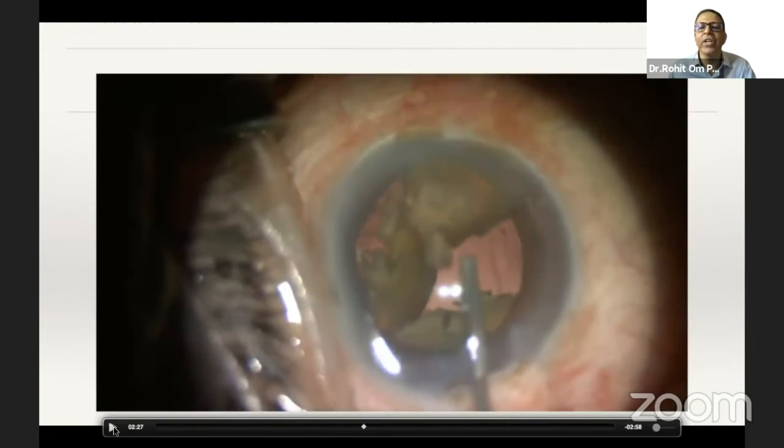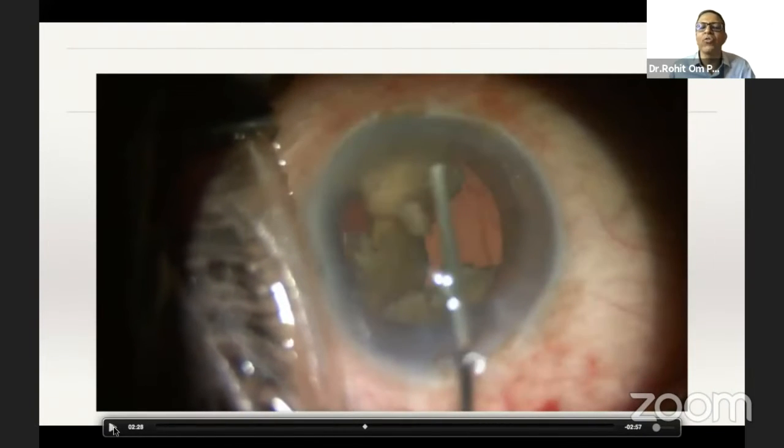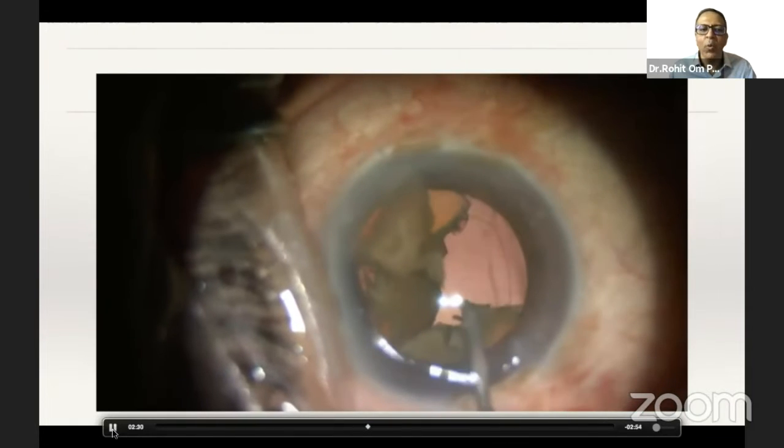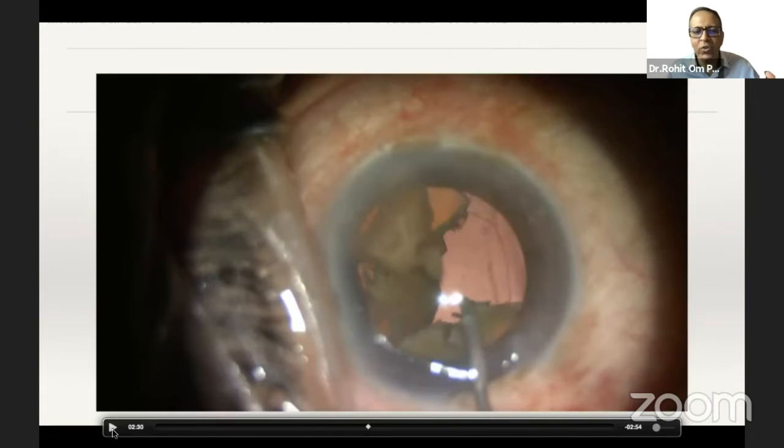Now, the next question is, in which direction does the CTR have to be inserted? Well, you have to realize there is one basic principle. If you are using a preloaded one, nothing like it. But if, like me, I like the other way around, I use a manual one. So my technique is, if the dehiscence is less, I go in from the area of zonular dehiscence. Had it been large, then I would have gone in from the area of intact zonules farthest away from the area of zonular dehiscence. So that is the trick in using the CTR.